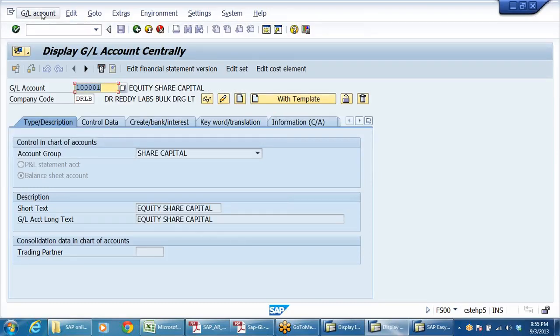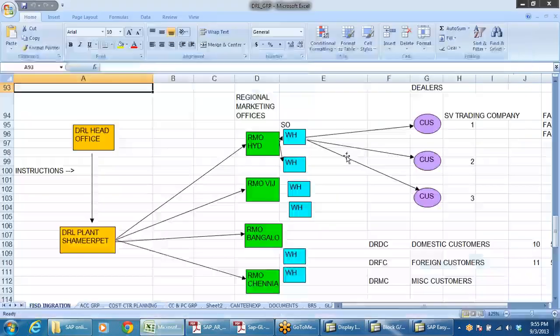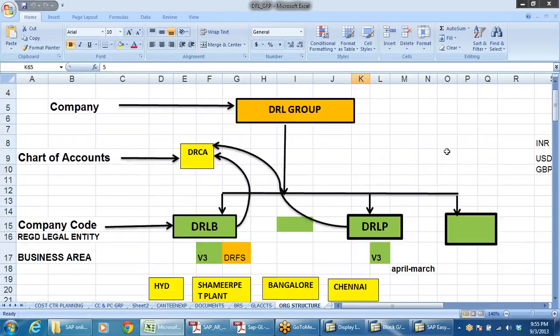Equity share capital, go to GL account, block. Here blocking, block in the chart of accounts, block in company code. So this means I can block a GL account at company code level, or I can block a GL account at chart of accounts level.